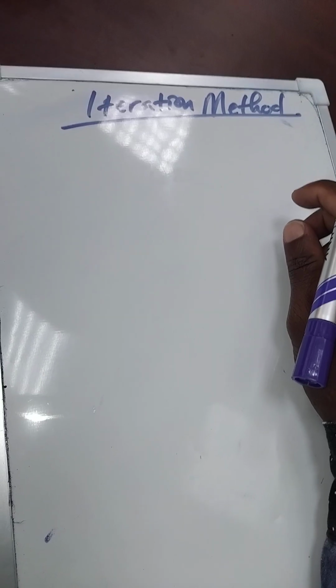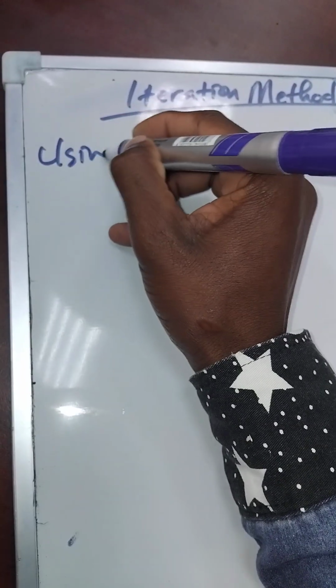So no definition of the iteration method. So for example, I don't want to waste time. For example, let us use